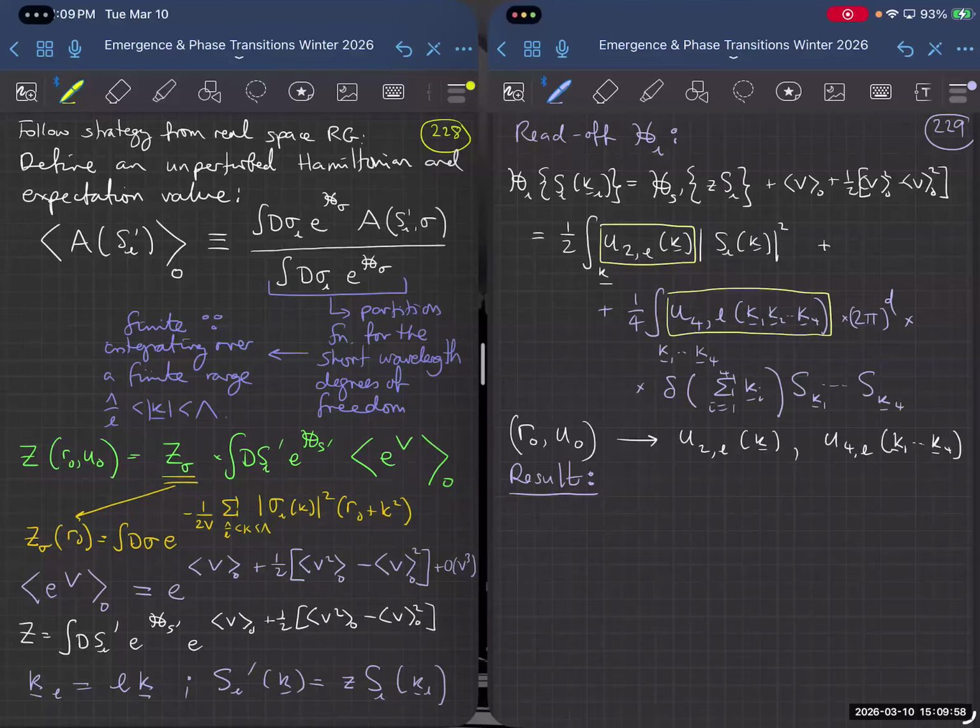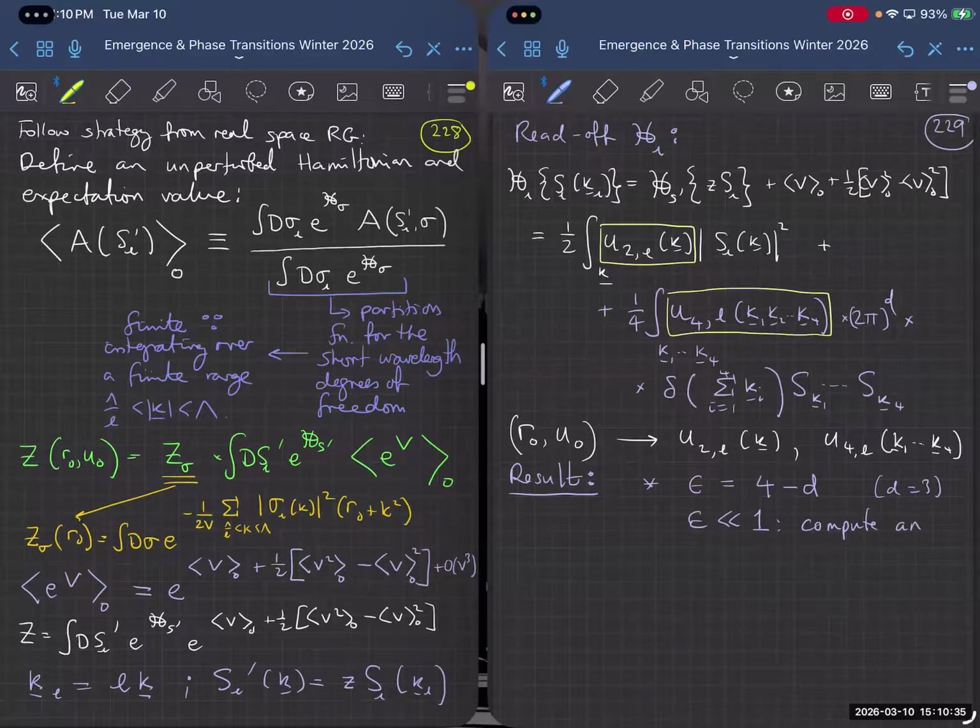So the first thing is I want to remind you that we are working in dimension where epsilon is 4 minus d. So we're thinking of d as being 3 dimensions, epsilon is equal to 1. But what we're going to be doing is an expansion in epsilon. So even though epsilon is 4 minus d, and maybe d is equal to 3, what we're going to do is we're going to assume that epsilon is much, much less than 1. And then we're going to compute